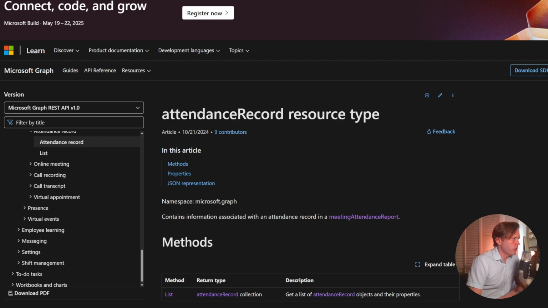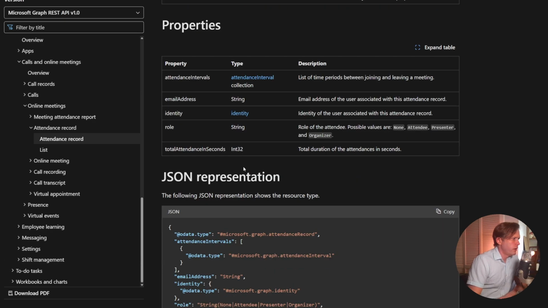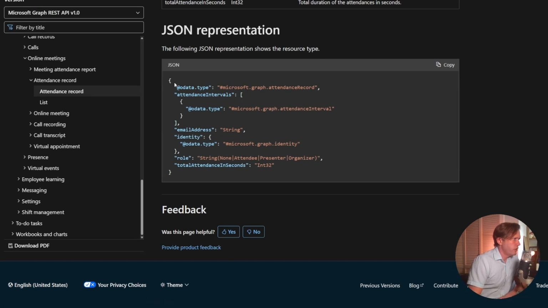So here we are looking at attendance record. The object for the attendance record looks kind of like this. It has an array inside of it. It'll be an array of each participant in the meeting, and then it'll have intervals for each one. So it'll be another nested array within each item there, showing the date and time they logged into the meeting